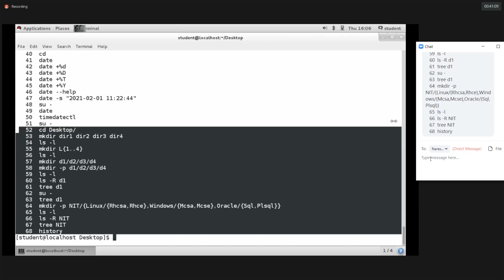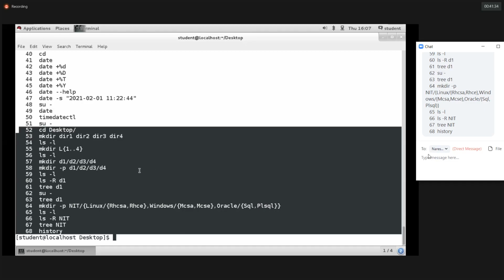So correct, guys. But in your laptop, in your machine, the tree command won't work. Please try to use ls -R. We need to install the tree command, then only it will work in 7.0. But if you're having 8.0, by default the tree command will work. So no need to install, okay?